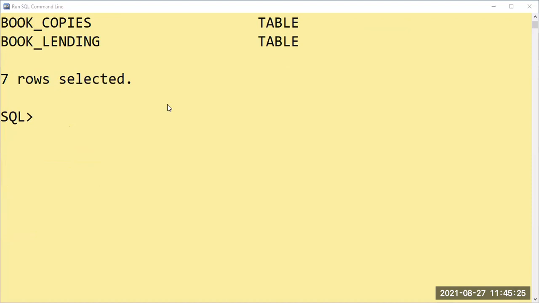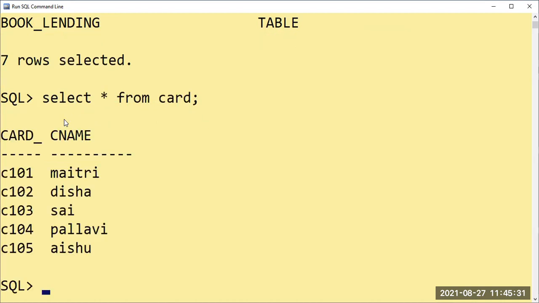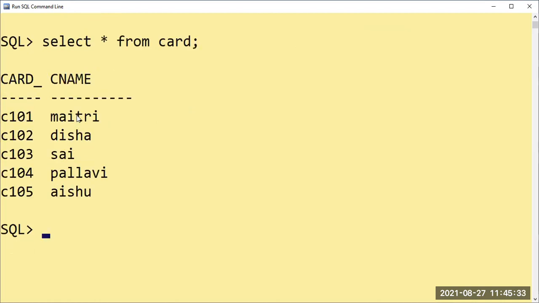Select star from card. While teaching you, I taught you only the card number, but for your reference or understanding purpose, I have purposely given a card name also here. You can do that also. If you have created only card number, you can use the alteration command, alter table card add name, with whatever varchar size is sufficient.